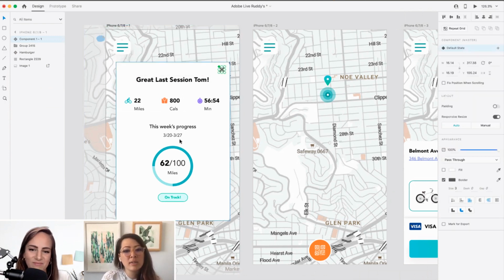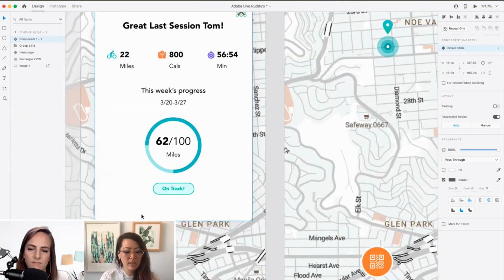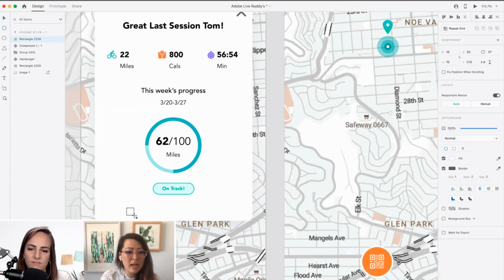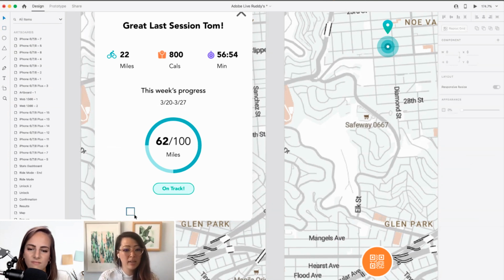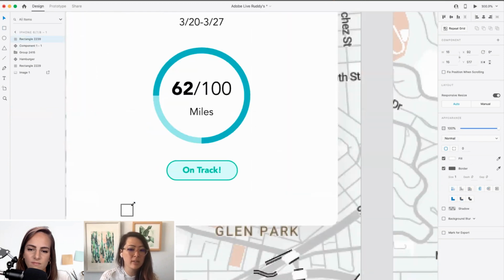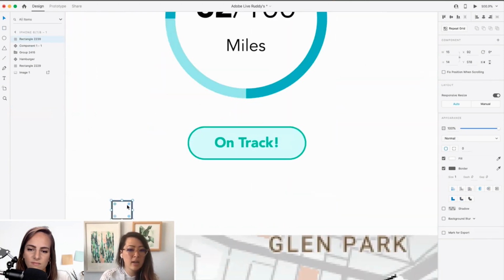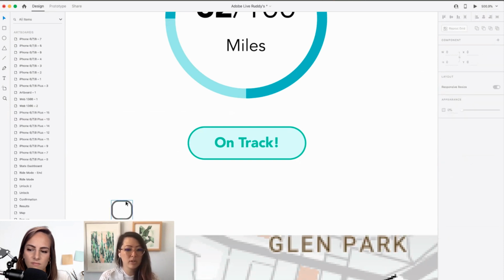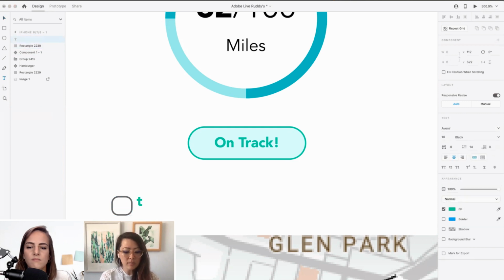The other thing I was thinking about is, what if he doesn't want to see this screen every single time he logs in? Like, doesn't want to see his last sessions, especially if he's not been doing so well. So I was actually thinking just now, this is what happens when I get into prototyping mode. I'm starting to think of all the things the user might want and do, and it helps me think about more opportunities for design elements to improve his user experience. So here I would be thinking, okay, I want to make a little checkbox for him to be able to turn off this notification.